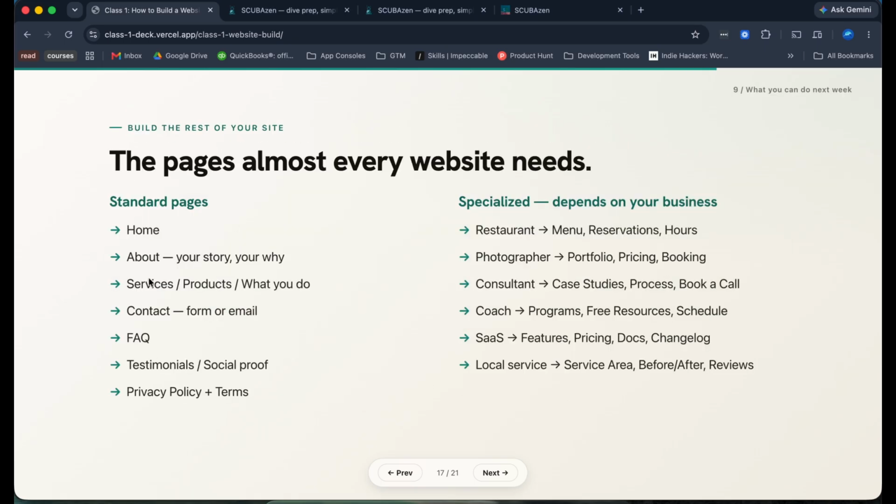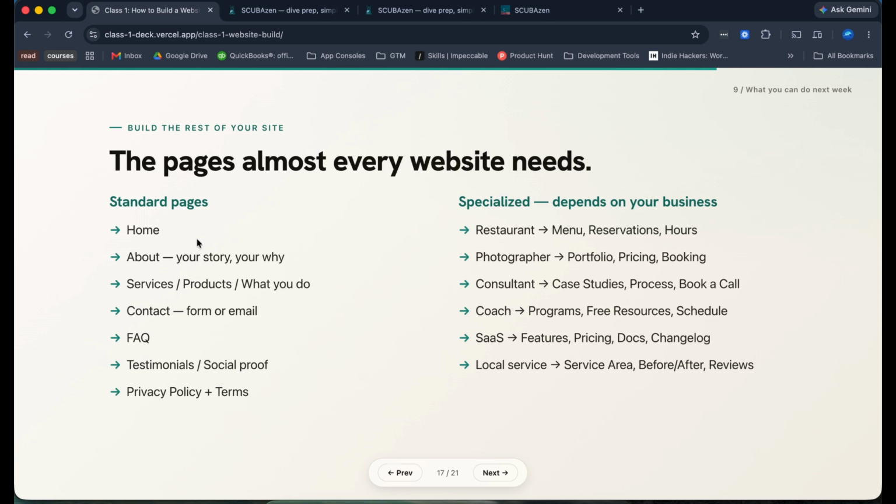So these are all the pages you pretty much need to build, and you run through the same process with each of these. Your home and landing page, your about, services, all of these different pages, you run the same process. You start with shape or craft, you go through the aesthetic, then you go section by section, copy, polish, technical run, all of that stuff. I know the landing page is really heavy and it feels like it takes long, but a lot of these pages are quite short. So policy and terms, you could knock out each of these in 30 minutes, no problem. Contact form, probably another 30 minutes. So don't get intimidated by the number. The home page is where you're going to spend the most amount of time and do the most work.